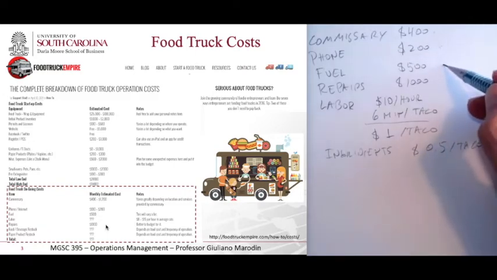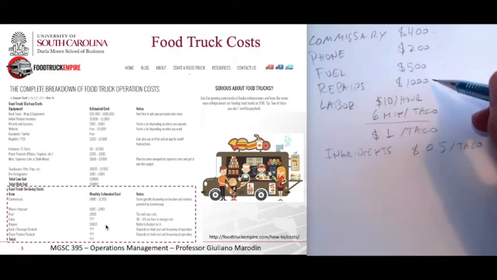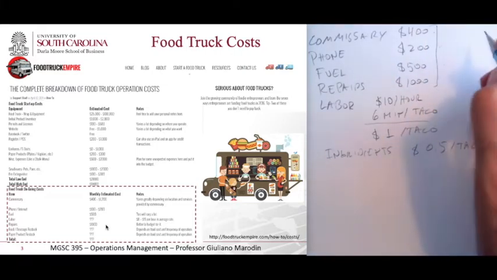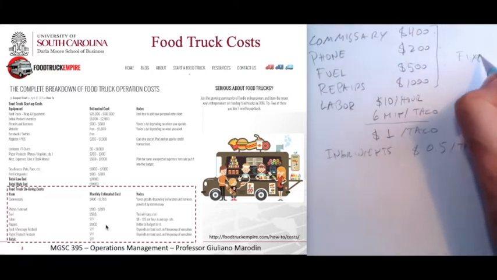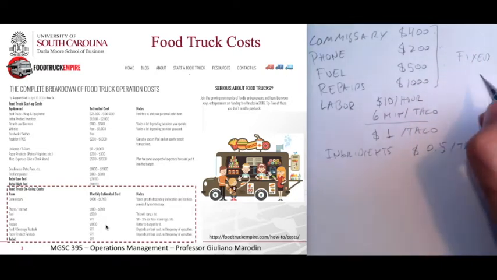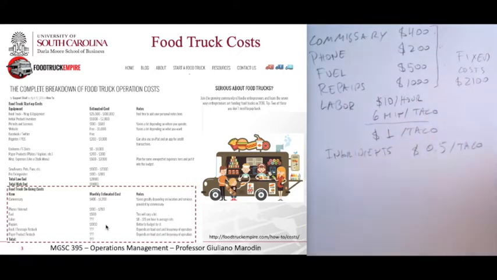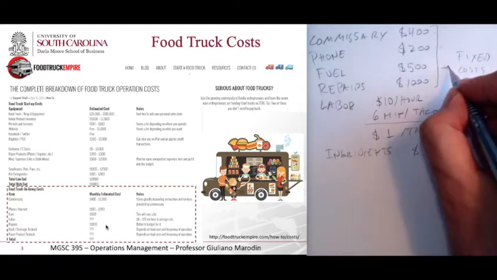Fuel, we can't discuss that, but let's say that we have the same route every day. We're not going to change the route. So if we sell more or less, the fuel does not change if we maintain the same route. Repair, the same thing, because it's linked to fuel, right? So all these here are fixed costs, and if you sum them, they'll be 2100. So these are fixed costs.